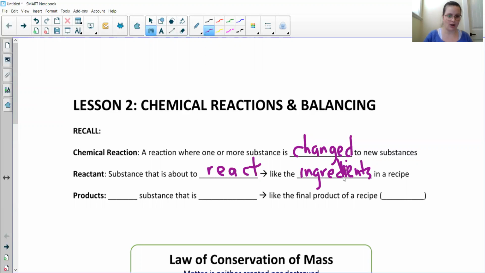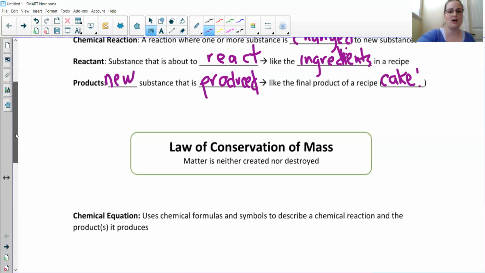The products are the new substance or substances that are produced or created through the reaction. So this is like the final product of a recipe. In other words, it's the cake you just baked. Okay. So when we're talking about chemical reactions, we also have to talk about the law of conservation of